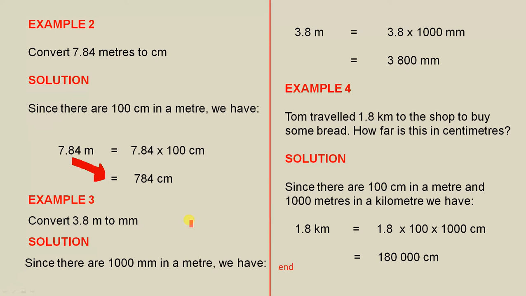Example 3. Convert 3.8 metres to millimetres. The solution. Since there are 1,000 millimetres in a metre, we have 3.8 metres equals 3.8 by 1,000, and that answer will be in millimetres. So 3.8 metres will be